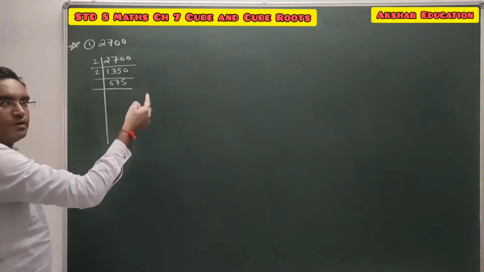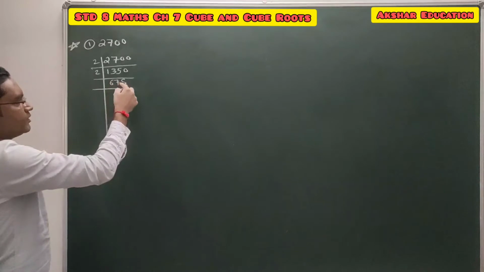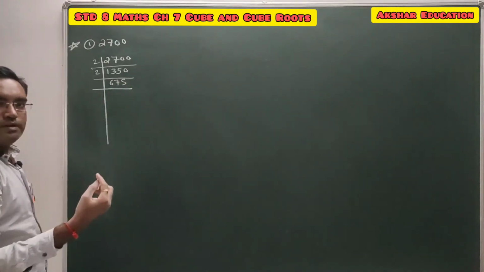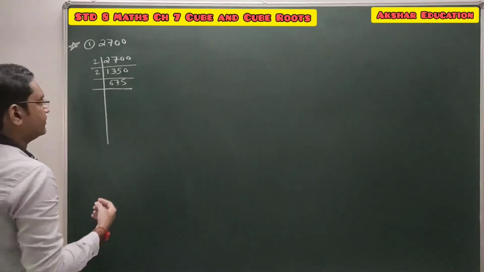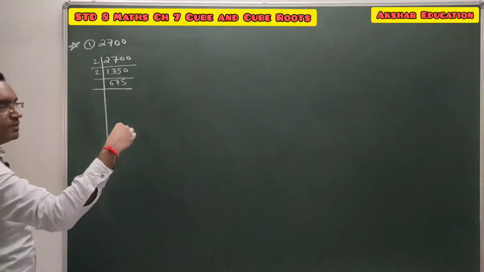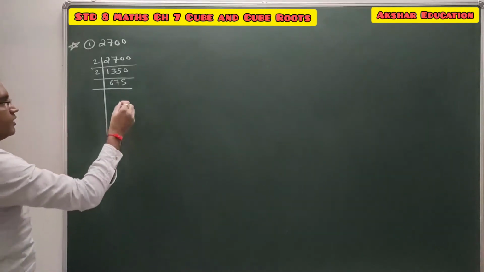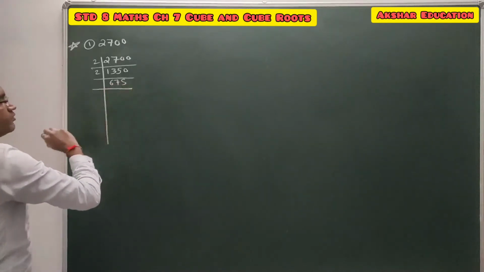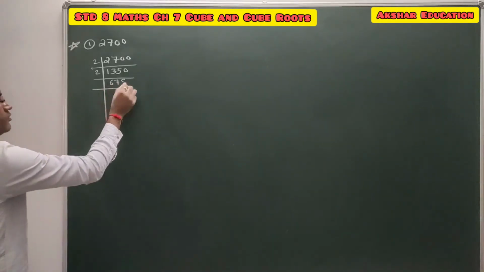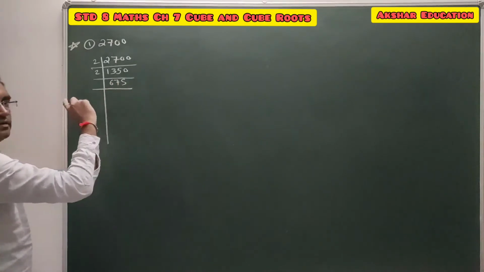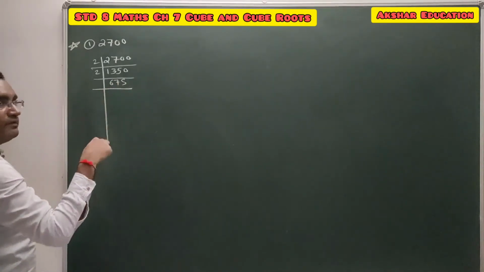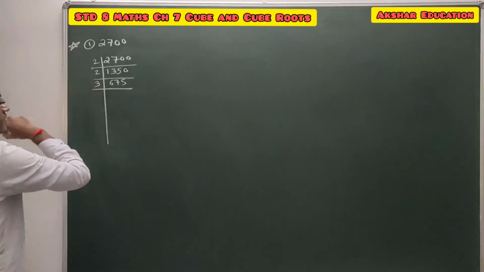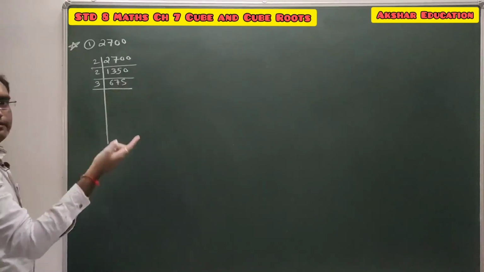If the number is not divided by 2, we have to check the divisibility of this given number by 3. We have to consider the prime numbers only: 2, then 3, 5, 7, likewise. So what is the divisibility by 3? We have to consider the sum of the digits of this given number. The sum of the digits is 6 plus 7 plus 5, which is 18. So the sum of the digits is divisible by 3, so the entire number is divisible by 3. It is also divisible by 5.